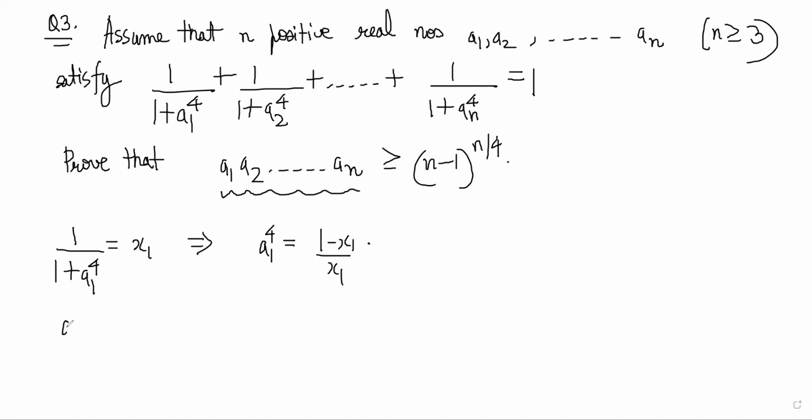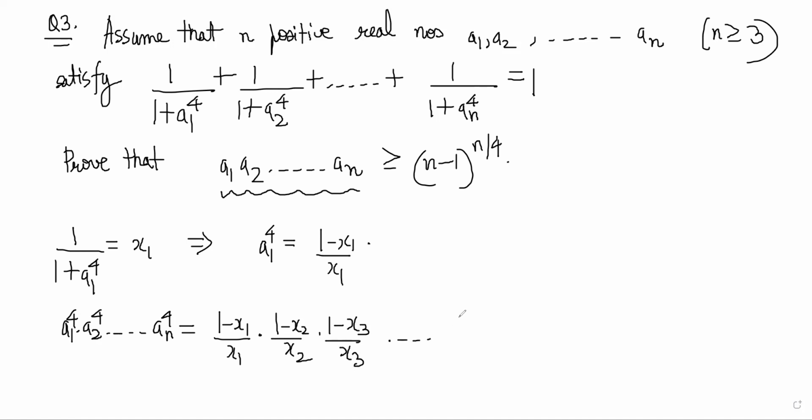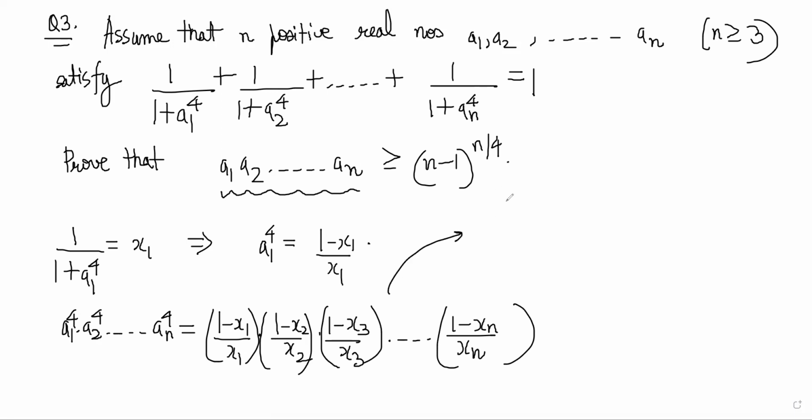If I multiply a1 power 4 into a2 power 4 and so on till an power 4, I'm going to get (1 minus x1) by x1 multiplied by (1 minus x2) by x2 multiplied by (1 minus x3) by x3 and so on till (1 minus xn) by xn, right? These products are coming, correct? Now, these products actually can be written as,